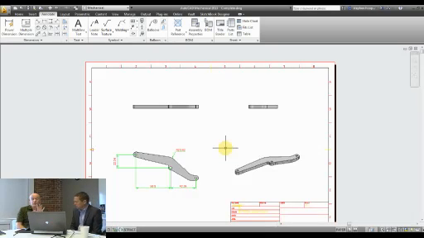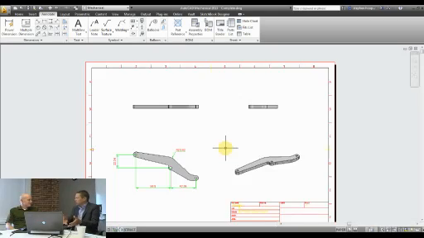If you receive 3D models from Inventor, CATIA, Pro/E, Unigraphics, Rhino, any of these models you can bring into AutoCAD and very, very quickly stamp out these views and do annotations. That's incredibly powerful. I think probably just as importantly, if you're an AutoCAD user and you're thinking about working in a 3D environment, you're not having to give up all of the knowledge and investment you've made in AutoCAD.